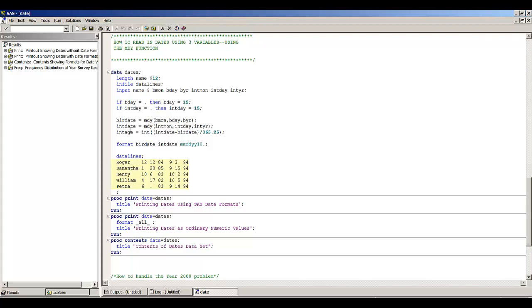Same thing with interview date, or the variable I'm calling int date. Again, I'm using the MDY function. And then finally, I'm now going to calculate age of interview, int age. And this is going to be the difference between interview date minus birth date divided by 365.25. And then I'm going to make use of another SAS function, int, which is just going to return the